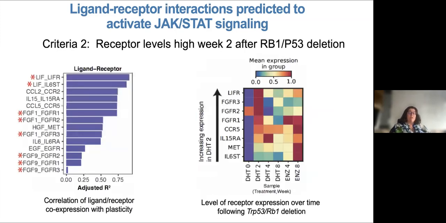So we look at all these most significant ones, but again, we have that added filter of knowing when this is happening, because this score is globally across all time points, across week 4, across week 8. And we know that this initiates at week 2. So we only looked at the things that really change between wild type and mutant P53RB1, and already changed significantly at week 2. And that really gave us LIF upstream of JAK-STAT and FGF. Those are the 2 top predictions.